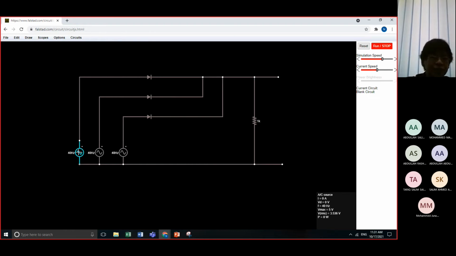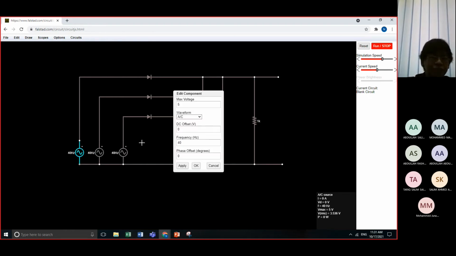Okay. Then take note about the values. What is my power supply 1? It should be 12 volts. Okay, I'm using 12 volts here. But take note that my frequency is 40 and my phase is 0.